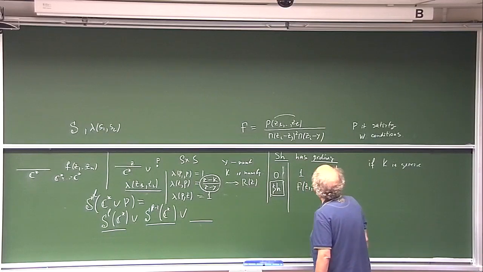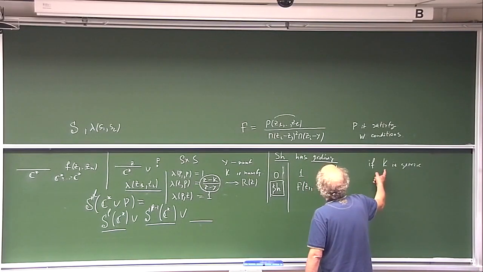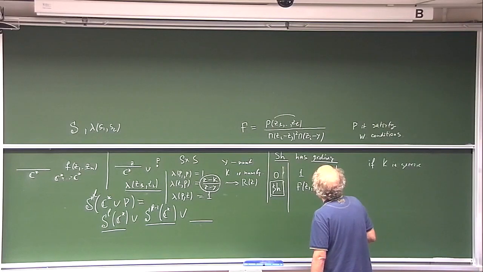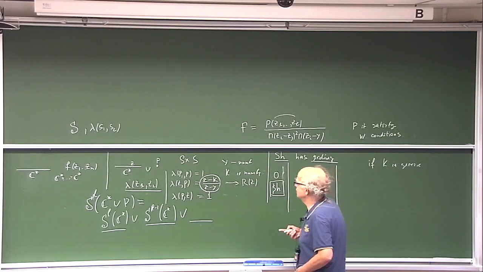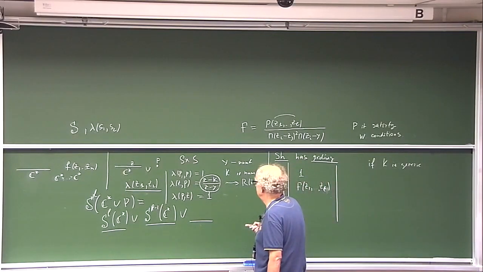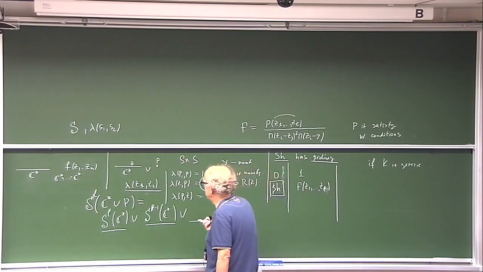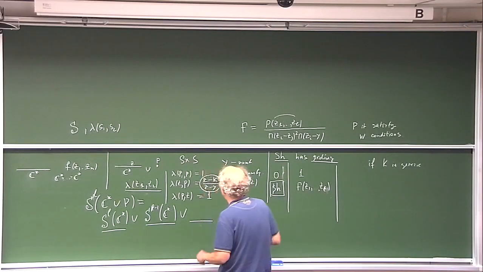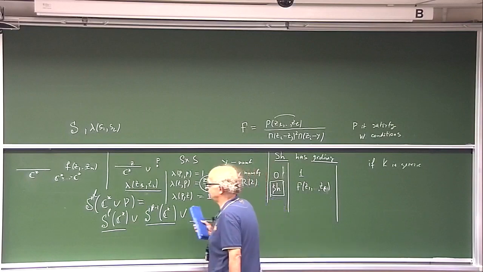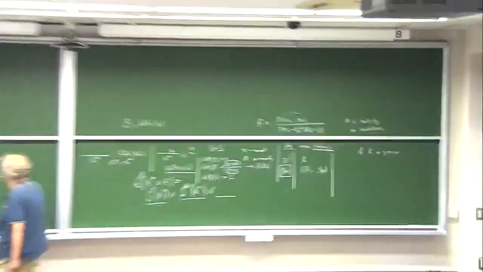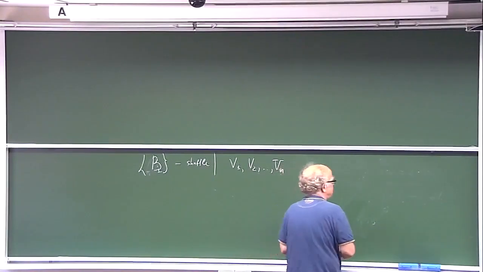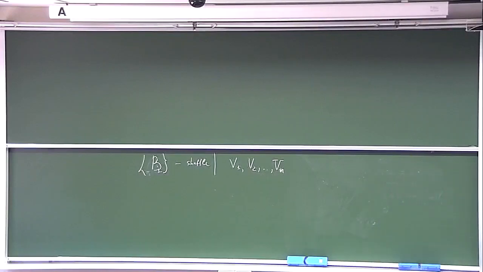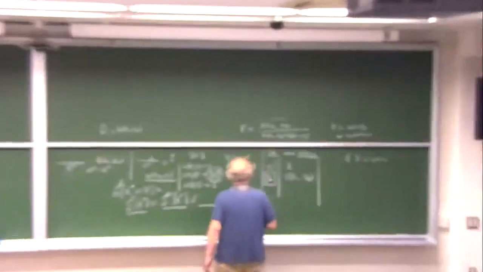If k is special, then we have an extra condition which appears, more or less as I explained, let me not repeat it. Anyway, here we have